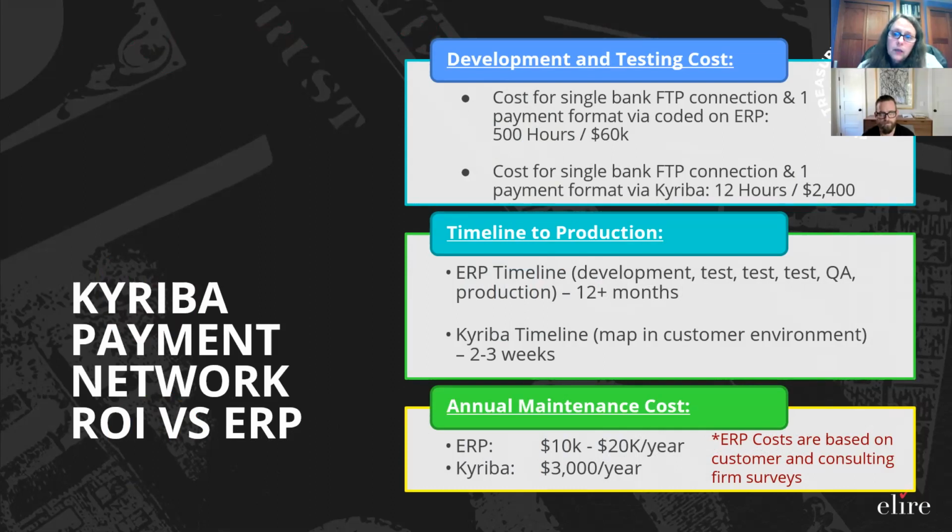The cost to build, working with their systems integrator and building each one of those connections to the bank, was $4.5 million. And it would take them about 4.6 years to get their 50 banks up and running. They came to Kyriba. They actually are now a Kyriba customer, by the way. The cost for 5 years of Kyriba over time was $1.5 million, and it took us 1 year to get all 50 of their banks up and running. So they were able to save $3 million and reduce the time to get all their banks up and running from 4.6 years down to 1 year.